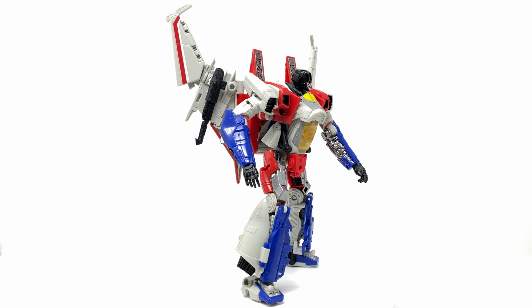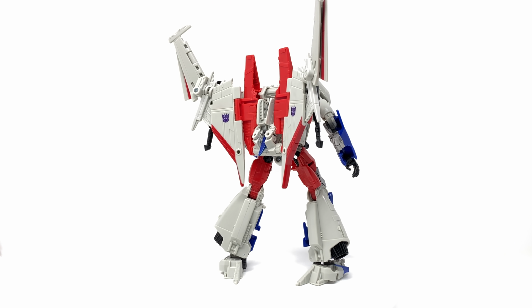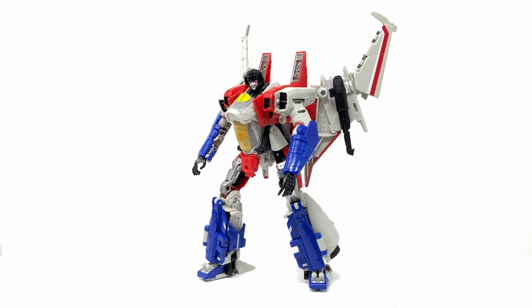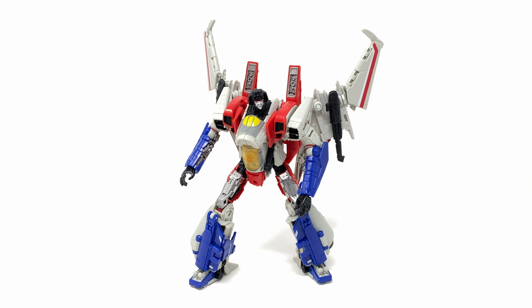Another reason why I was so excited for this character is because he's actually our first live action movie Studio Series figure to be released in a very long time, and I'm just absolutely thrilled to be taking a look at him here today. Now before we take a look at, of course, the main figure himself, a few things